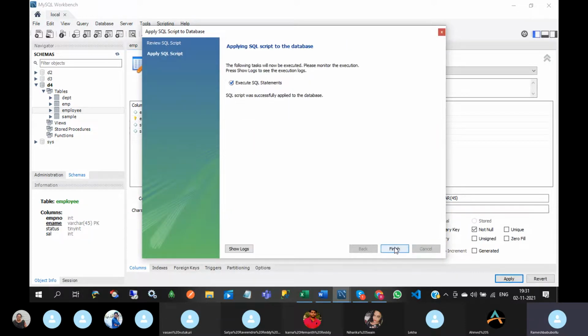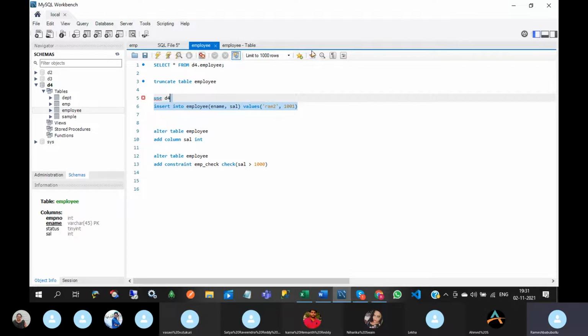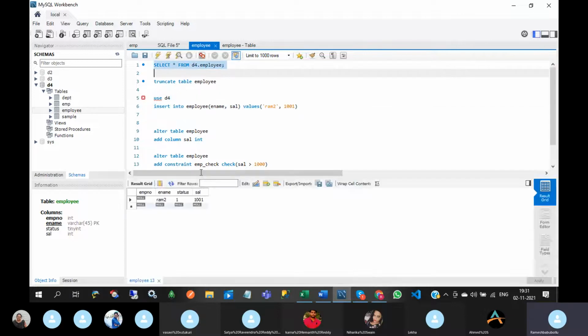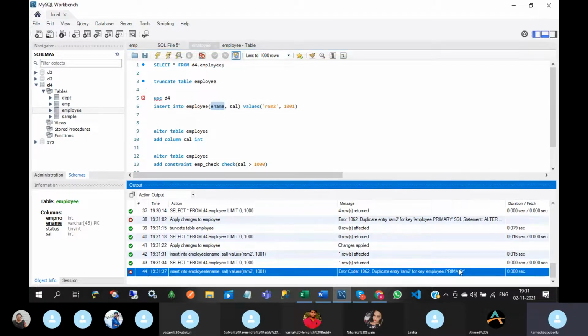This time it will allow. So one record has been inserted. If you want to insert one more record, it will throw an error. See this employee.primary. That means RAM2 belongs to the ename column.